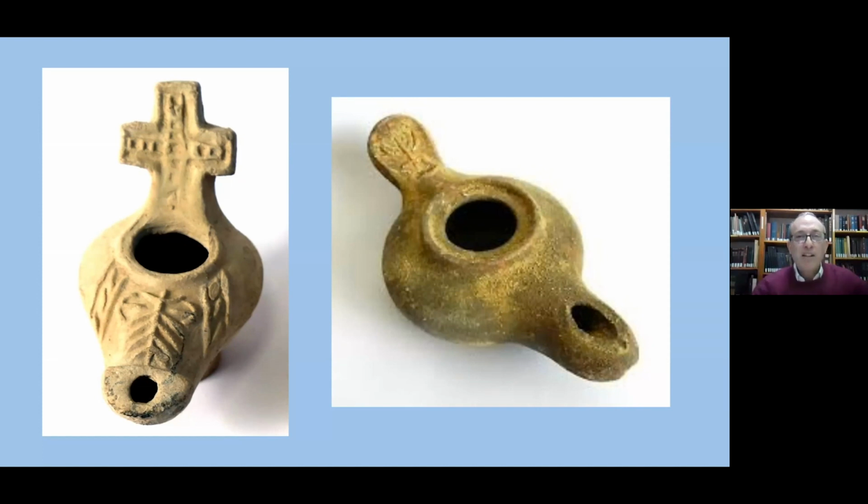With the widespread use of the cross, right, the crucifix appearing everywhere with the rise of Christianity, there are a number of archaeological finds in which we see the use of the menorah appearing exactly where a cross would be depicted. So look at the similarity between these two lamps that you see. On the left, right, you see the cross emanating from the back end of the lamp. And on the right, you see what we have, right, an inscription of a menorah at that edge.